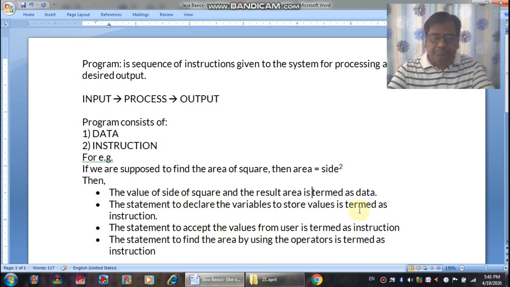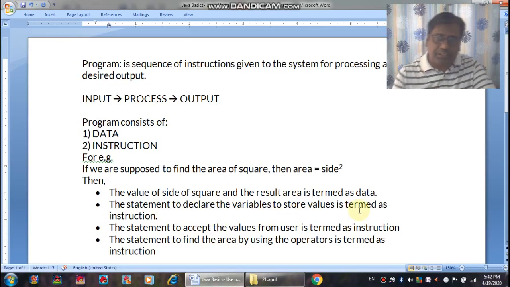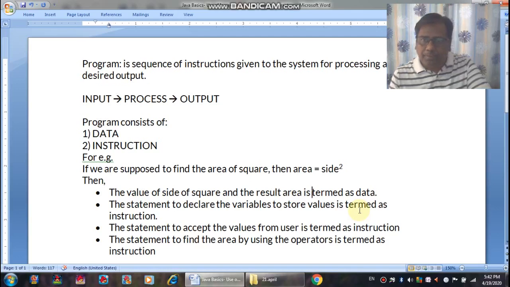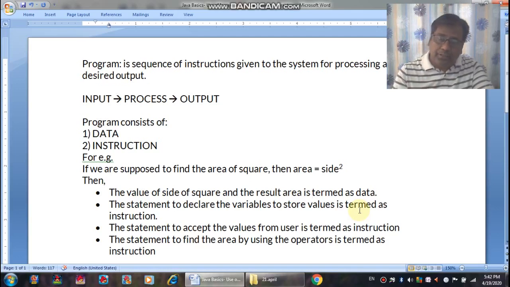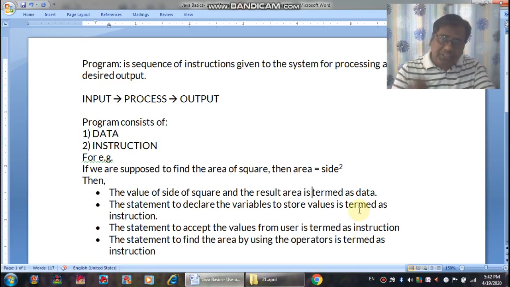The next statement, the statement required to declare the variable. Obviously, if you are using a variable, and in the previous lectures I have said, in Java you cannot store a value in a variable which is not declared beforehand, because it's a strongly typed language. Any variable which you are using, say in maths you say x is equal to something, it's fine. But here x is to be declared beforehand, before its use, by an appropriate data type to identify that it's a variable of a particular data type.